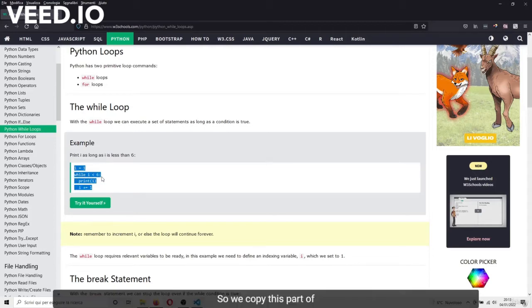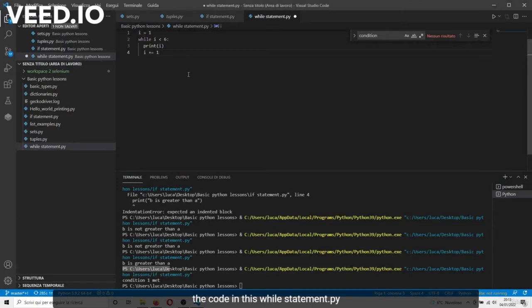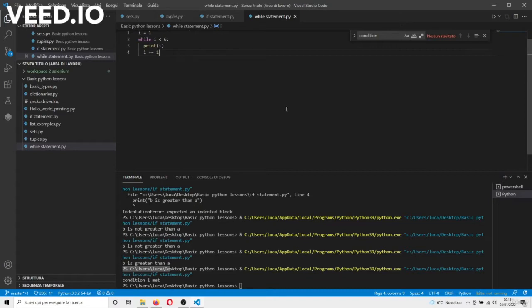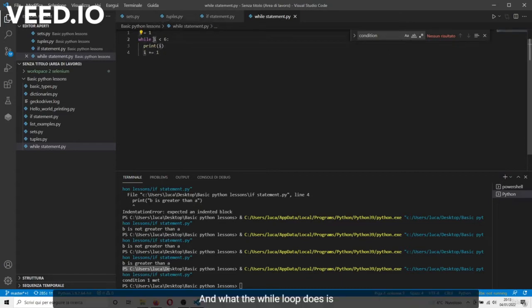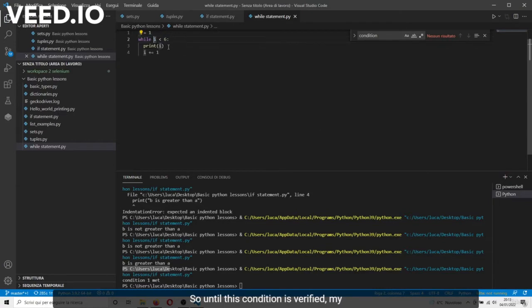So we copy this part of the code in this while statement.py. And what the while loop does is that until this condition is verified, my program will run in this part, so in this line and this line. So you see that at the beginning